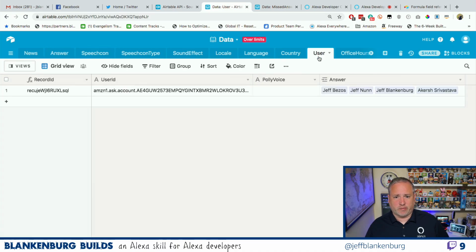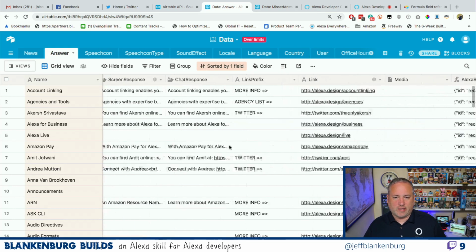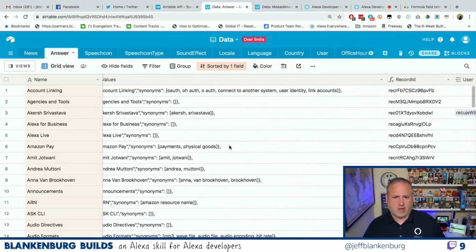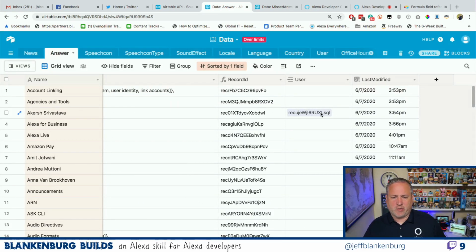So you can see in my user record that I keep track of the records that they've seen. And so then I can query against the answer table and say, give me any answers that don't have this user. If we look at the answer table, you can see way out on the right-hand side that there's actually a user column. So I can just pick ones that don't have my user's user ID in there. That's pretty easy. It's just a filter. It filters down the data and gets me what I want.